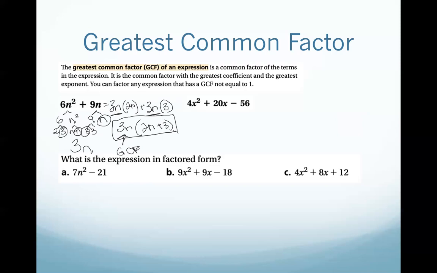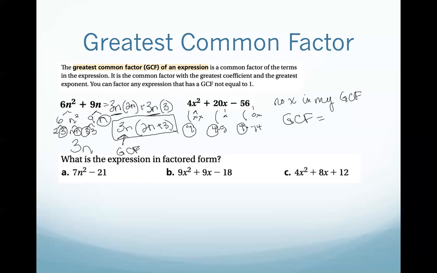Okay, in our next example, we have 3 terms. So when I look at this, I notice the first term has an x squared, which is x times x. The second term has just one x, but the last term has no x's. So there will be no x in my GCF because the last term doesn't have any x's to factor out. Then I look at the numbers. This has a 4. 20 is 4 times 5. And negative 56 could be 4 times negative 14. So each of these has a 4. There can't be anything bigger that they have in common because our first coefficient is just 4. So our GCF